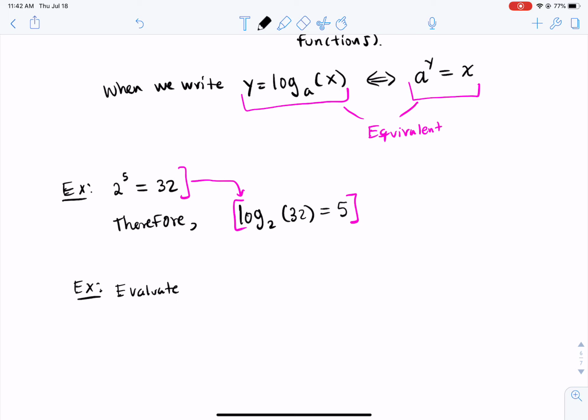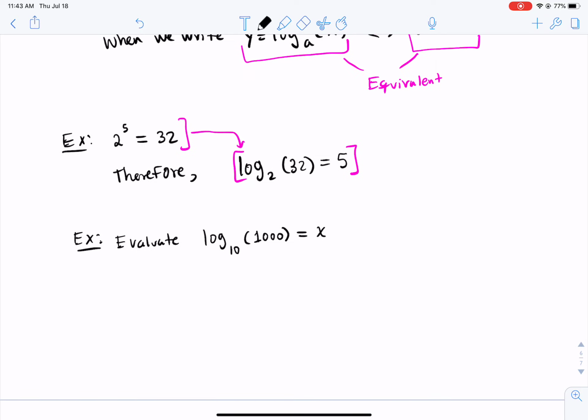And hopefully you have seen this before. Log base 10 of 1,000 equals x. Evaluate this value here. I made it equal to x because whatever the value is will be some number x. So our goal is to figure out what x is, because that will give us the value of log base 10 of